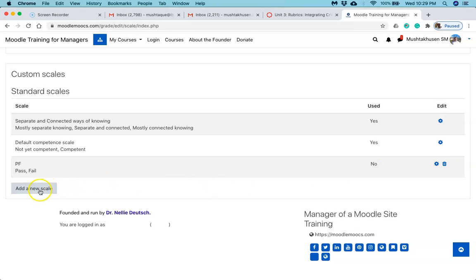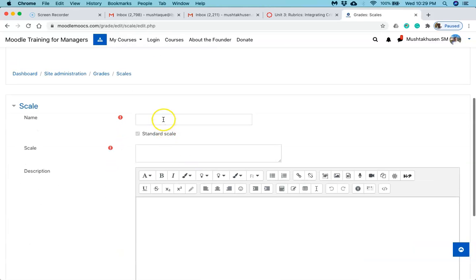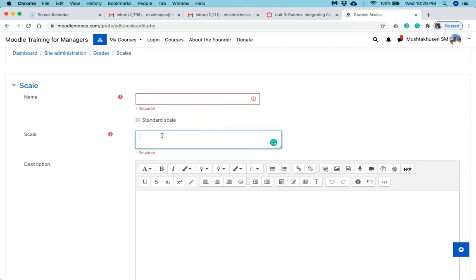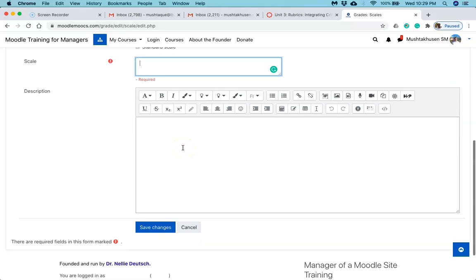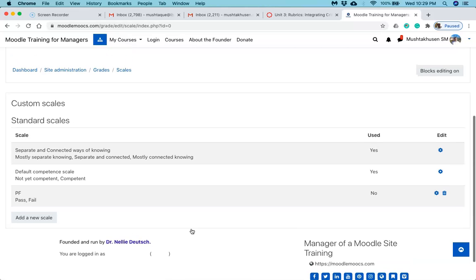Then if you want to add any new scale, you can click on add a new scale. Then you can name the scale which you have added. After that you can write the scale. A scale example could be, in the case of PF, that is pass and fail, we have two scales. First is pass and second is fail. Similarly, we can add over here, and if you want to add any description, you can add it over here, and you can click on save changes. I am not going to add anything, so I am going to cancel it. Okay, so again let's go back to